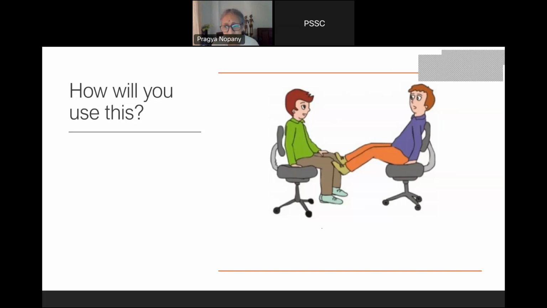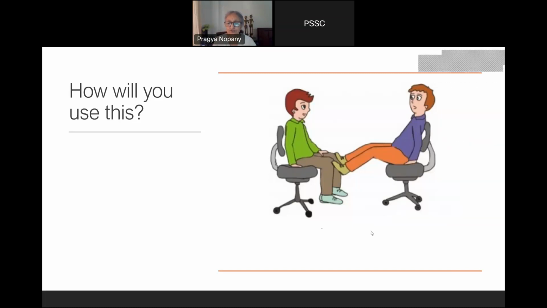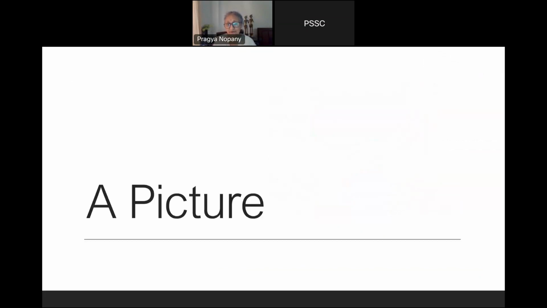What question can you ask the children showing this picture so that the thinking starts, so that the critical thinking starts? What is pushing? What is the right posture? Okay, so think about it. I thought that this would be a good situation to talk about Newton's third law, but then you're suggesting many more situations. So all the best to you. You can think of questions which will make them analyze and reach even those points which you are raising here. Okay. Then how a picture is a case study.